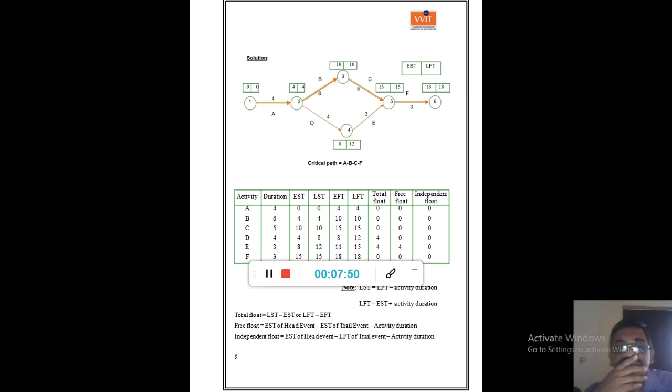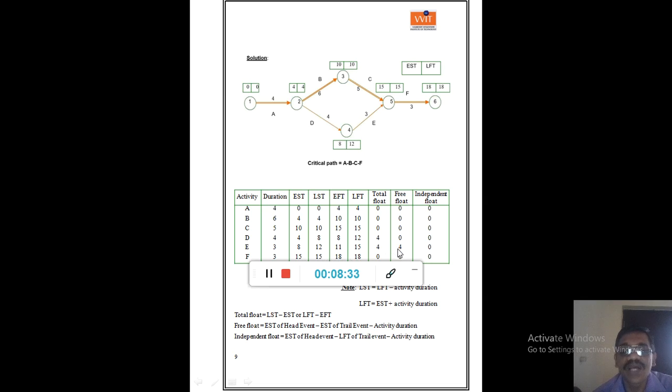D. So if you look at activity D, the formula for free float is LFT minus EFT minus duration. LFT minus EFT minus duration. So LFT is here. If you take D, LFT is 12 minus 8 minus 4, 0. And if you look at the free float here in this case, here also it is 0 for E activity